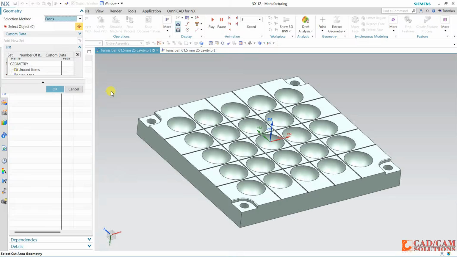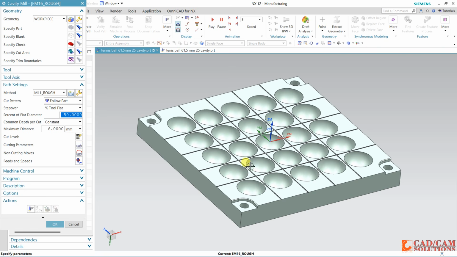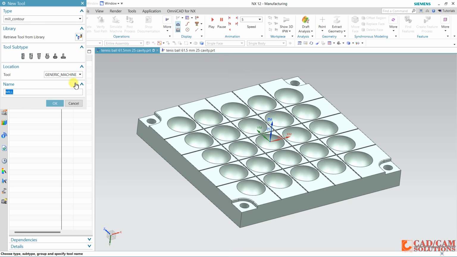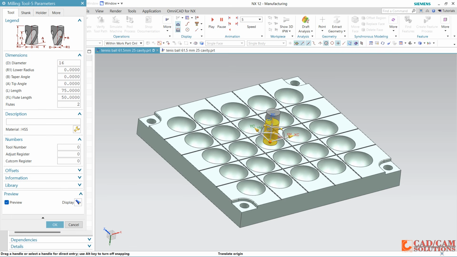Here select the pocket, so I'm just creating for the single pocket. Later I will apply the transformation, or you can select all these pockets together, it's up to you. So I have selected this single one, and for tool click here, and I want an end mill 16 with r0.8. 16 end mill, and 0.8 is a lower radius, and okay, rest is okay.